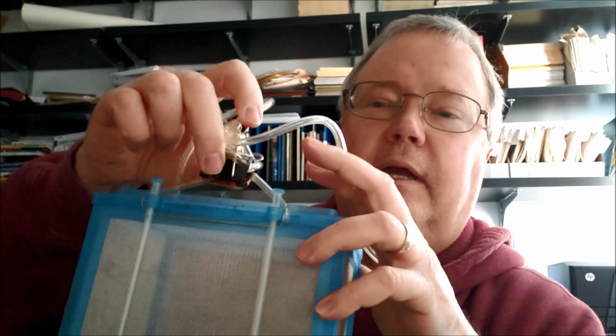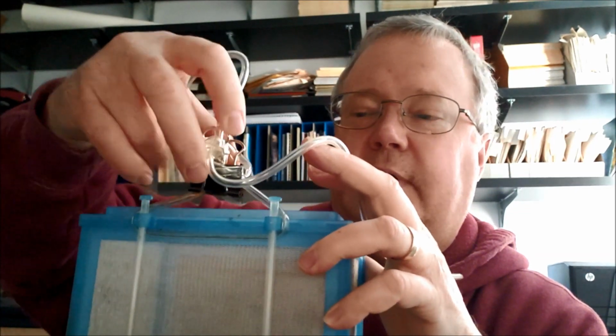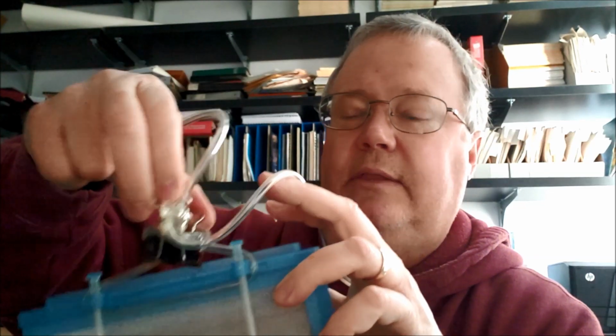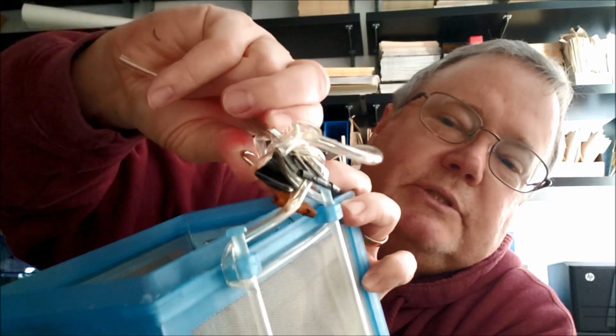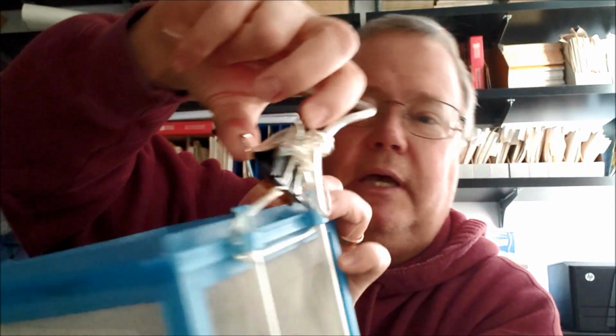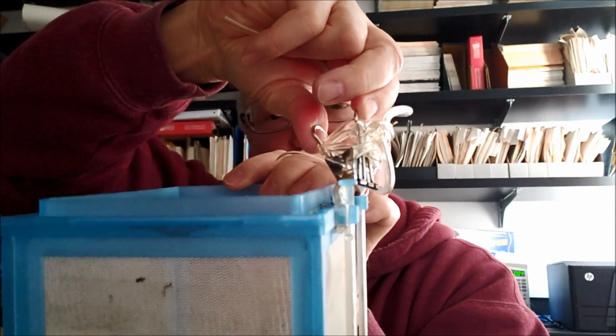I tie them underneath the bar. In this case, this one goes behind and underneath the bar here, and it comes up above. Whoop, fell down there. It comes up above and it hangs above the basket like this, and then I use this metal paper clip. This is one of those thick binder clips, and I clamp that on the side of the aquarium rim, and